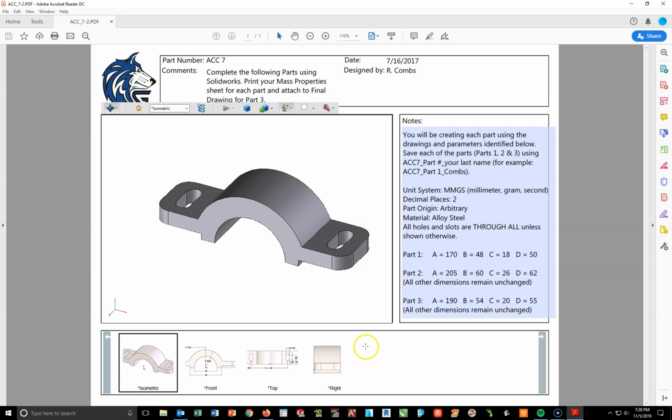But before I get this started on the front plane in SOLIDWORKS, I need to now go through and figure out what the units will be. The units in this case are going to be MMGS, which tells us this is a metric part. Decimal will be 2 places, and we're going to finish off by adding an alloy steel to this to give